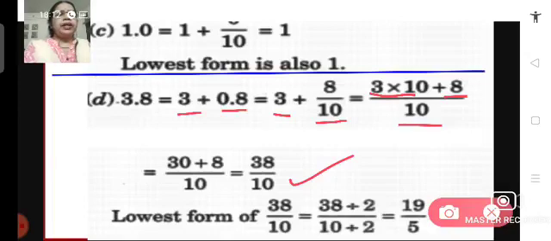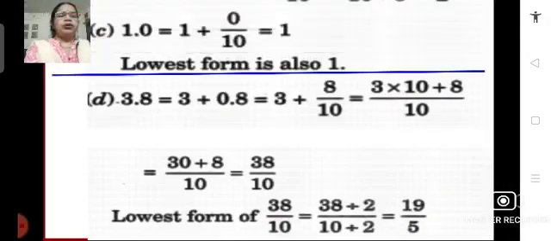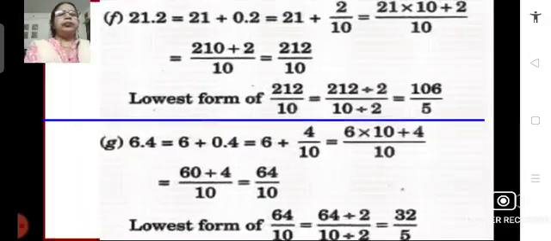Now what will be the lowest form of 38 upon 10? This fraction will be divided by 2. So we get 38 divided by 2 upon 10 divided by 2. So we get 19 upon 5. So 19 upon 5 is the reduced form of the fraction 38 upon 10. Next problem,